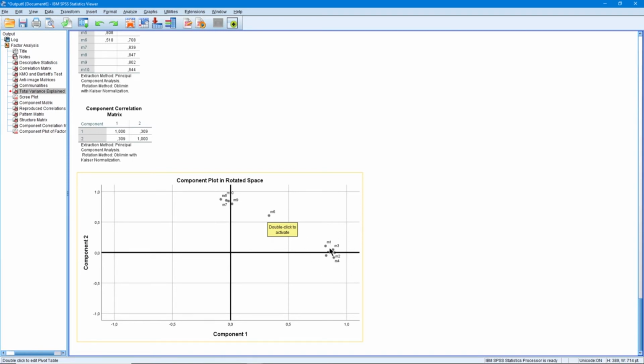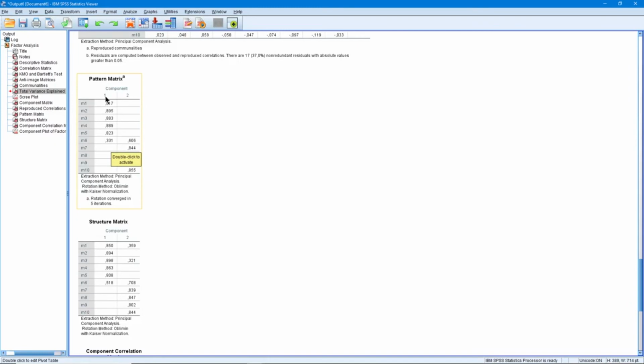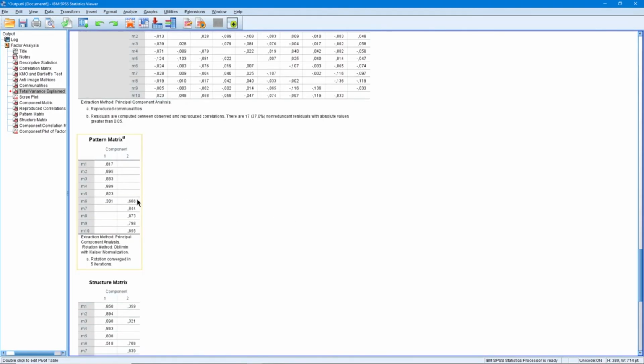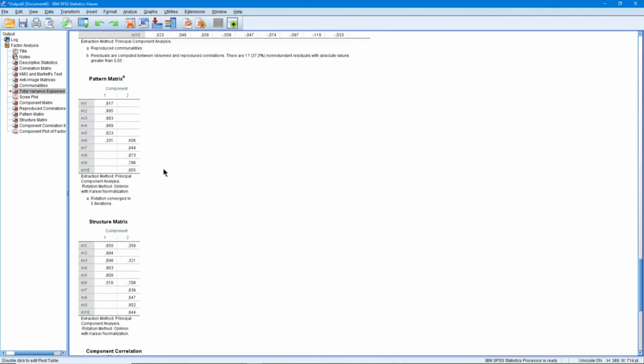Therefore, we see that the items here form a separate subdimension, while the items here form another separate subdimension. So, we want the factor loads to be as close to 1 as possible and to be separated from the other factor. In this way, when both subdimensions are loaded, the item here is somewhere in the middle. We do not want such a situation. Here, item 6 was placed between 2 factors. However, we included it in the second factor, as its value is greater here. Since the difference is greater than 0.10, there is no problem in including it in the second factor.